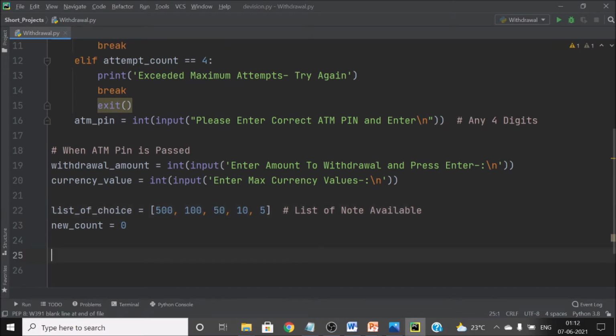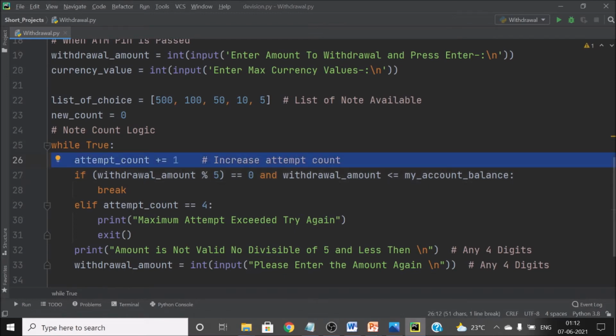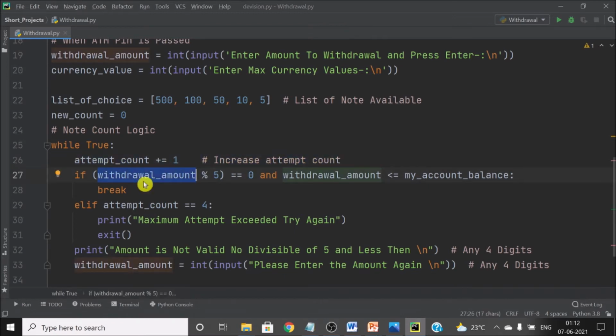So to make that work, we will again use while true. The logic can always be better, but yes, I am trying to present only the basics here. So we will take the attempt count once again, and then we will check if the withdrawal amount is divisible by 5 or not, because we have the currency last 5.